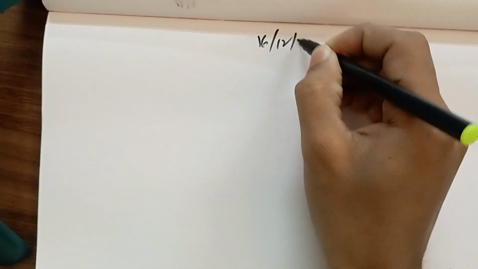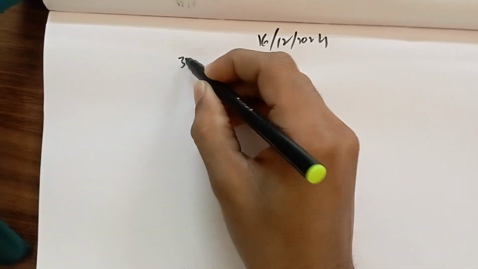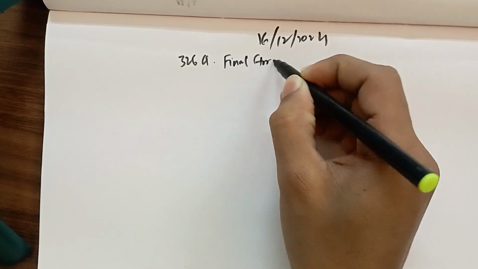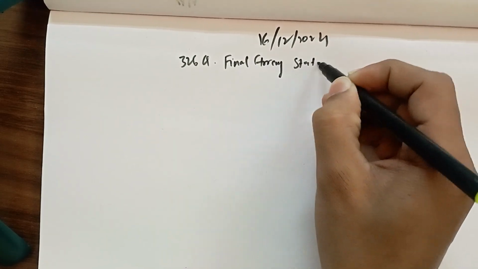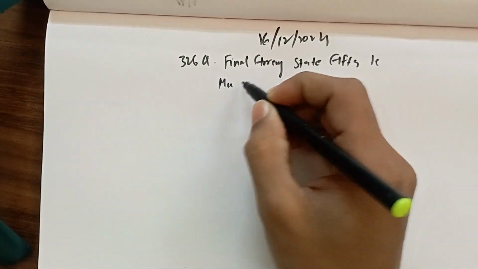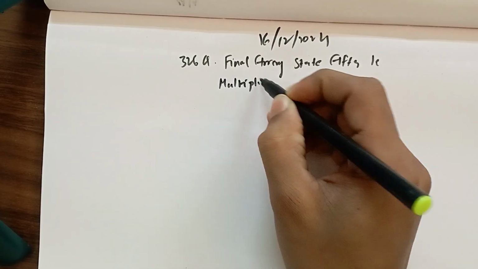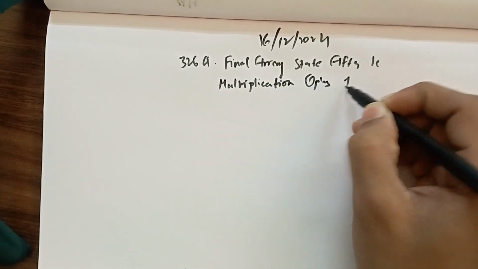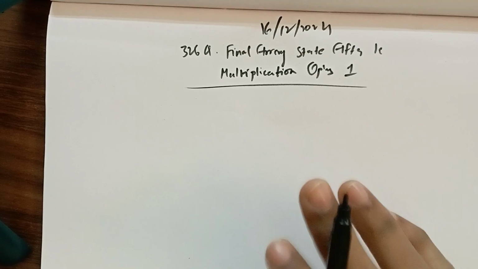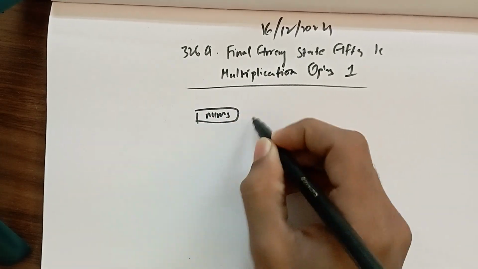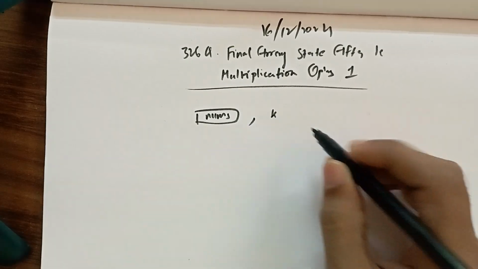Hello everyone. Let us now discuss today's LeetCode POTD problem. Question number 3264, Final Array State After K Multiplication Operations 1. So here in this question we are given an array nums and an integer k and another